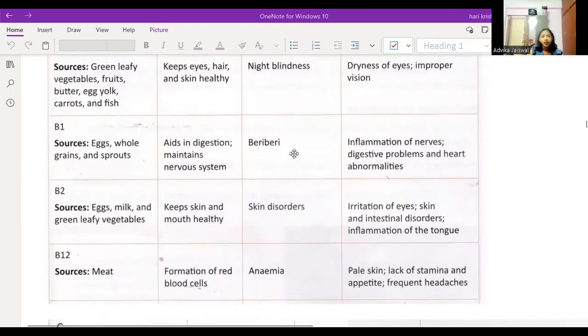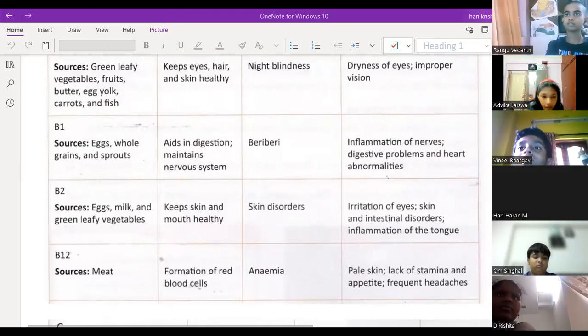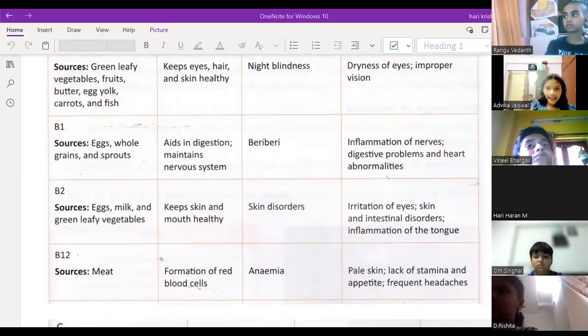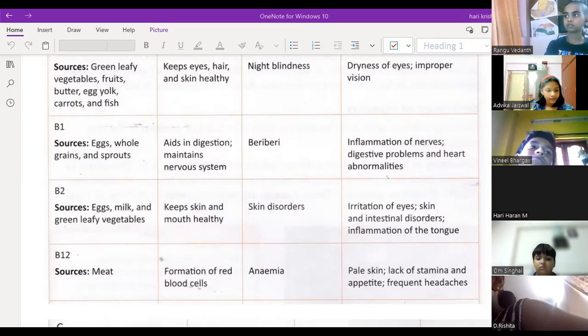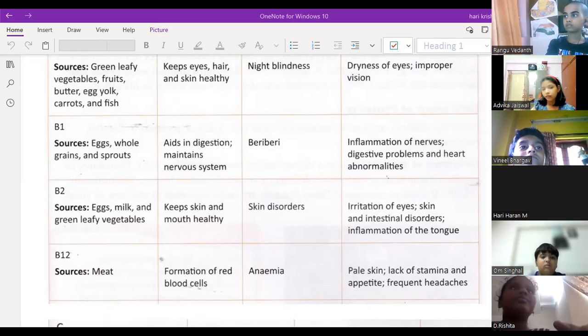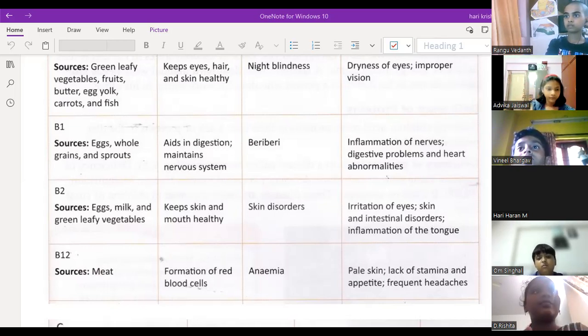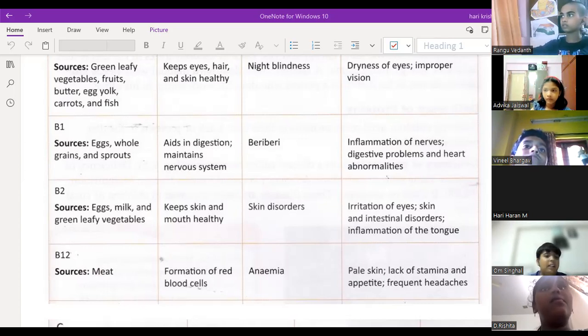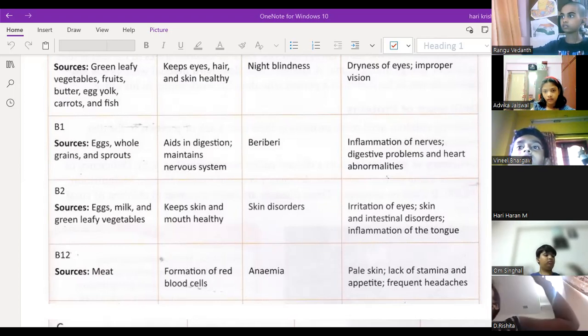It means we will be blind at night. It's not completely, yeah. We cannot see properly at night, obviously, but there will be a little vision, right? In dim light, blurred vision will be there, and even if you look at a light, you'll see blurred vision. That is because of the deficiency of vitamin A. Fine.